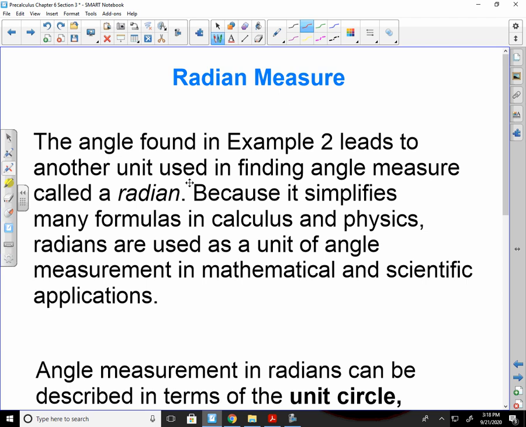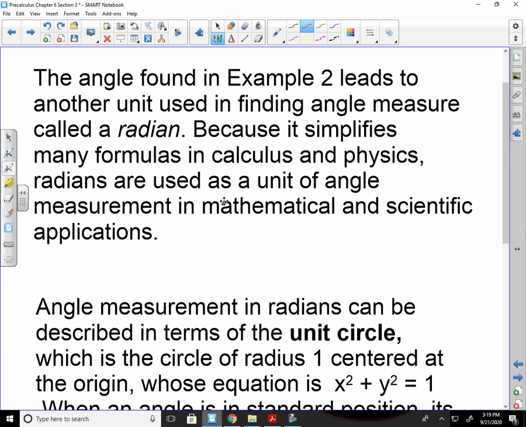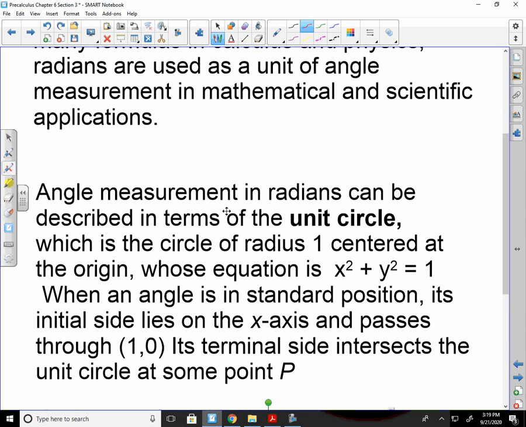Anyways, now we're going to be going into radians. So this angle measurement is called a radian. The reason we do radians is because it simplifies a lot of our formulas in calculus and physics. Radians are used as a unit of angle measurement in both mathematical and scientific applications. Angle measurement in radians can be described in terms of the unit circle. That's going to be important to you, which is the circle of radius 1, centered at the origin,